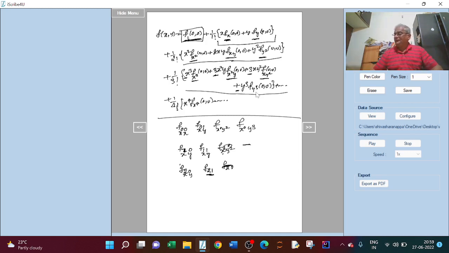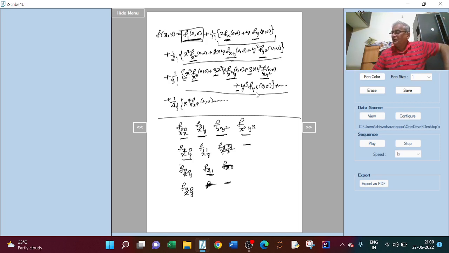And we write f_x cube, x cube means we write 3 0, that is with respect to x 3 times, with respect to y 0 times, f_30. So we are not finding this one. That means here we are finding f at x equal to 0, y equal to 0, and we are finding f_xy. So this is not f_xy, this is just f_y, this is f_y square, this is f_y cube,